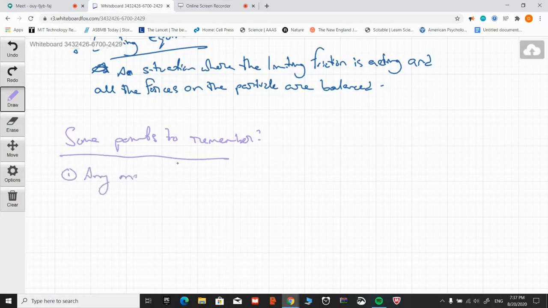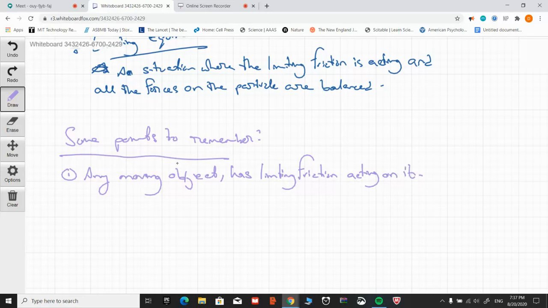Any moving object, whether it's constant speed, accelerating or decelerating, has the limiting friction acting on it. ঠিক আছে, obviously it makes sense because in order to get the object moving you need to first overcome the limiting friction, তাই না? So ওইখানে limiting friction ই পুরাটা act করবে,